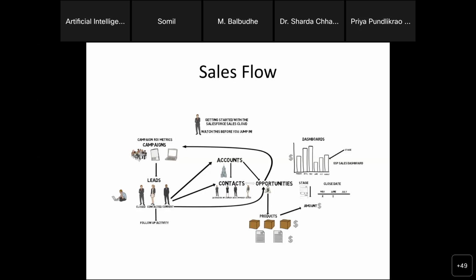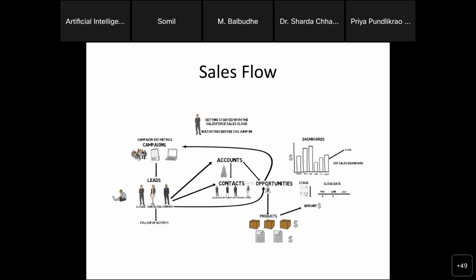So all these things you can do. That is called a campaign. So various campaigns you can run for your product. चलो आपका campaign start हो गया. Now people would see that campaign. And after seeing that campaign, they would connect with you or they would contact you.